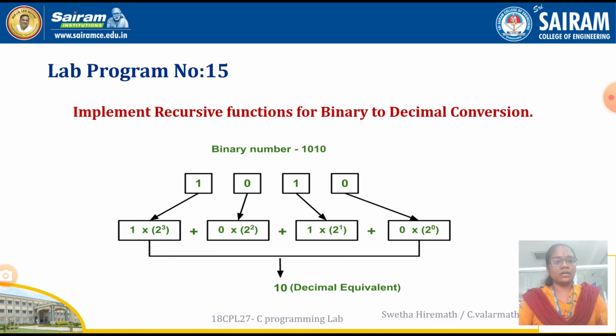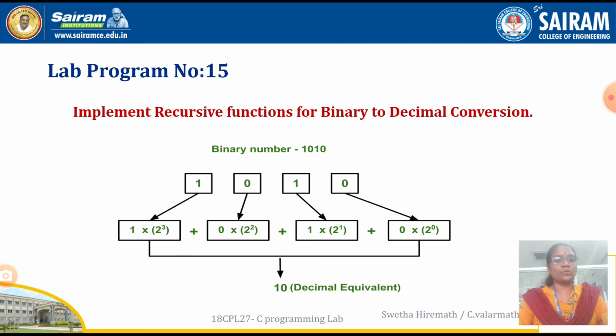Similar to the second one, the third one will be calculated. Likewise, it will go on continuing this intermediate process. Then finally the values of each bit will be added together. Moving on to the LSB bit, 0 into 2 to the power of 0 is 0, because if you multiply any value with 0, you will get 0. This is the known concept.